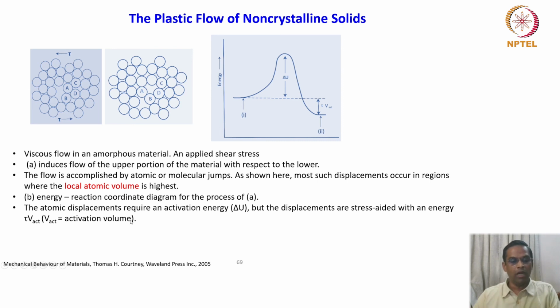Basically, it is the volume under which the complete disorder can be taken. Wherever the most disordered regions are, in a crystalline material we can talk about the most dislocated volume. Here it is about highly disordered volume, because in amorphous material we don't talk about dislocations, right? So that's why we are talking about a free volume, wherever the disorder is maximum.